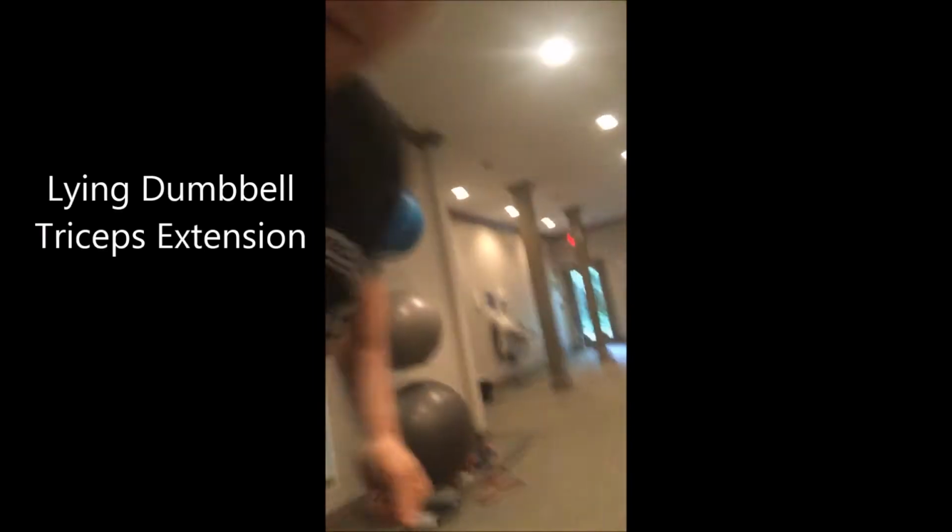And so what we're going to do today is the dumbbell tricep extension. When I say dumbbell tricep extension, people think, is he talking about overhead? Is he talking about a dumbbell kickback? What does he mean by that? I mean a lying dumbbell tricep extension. As you'll see in a couple moments, I recorded the videos earlier, so it was really loud. I couldn't get any good audio, but